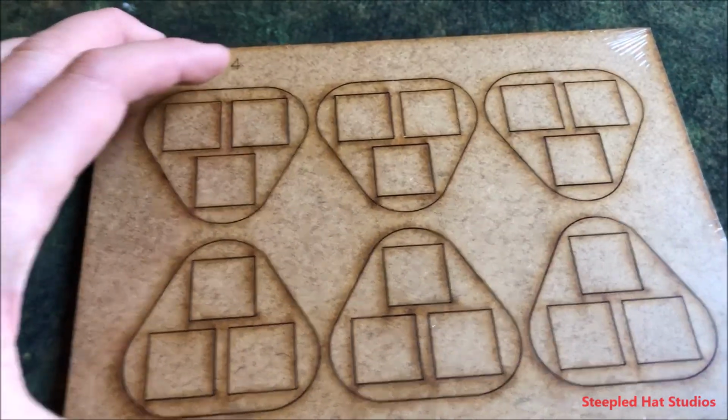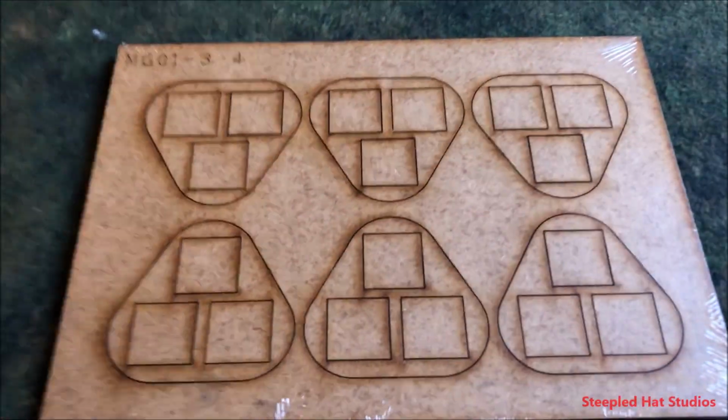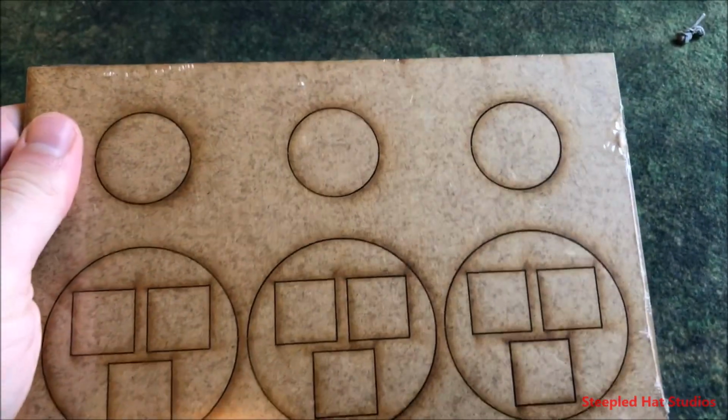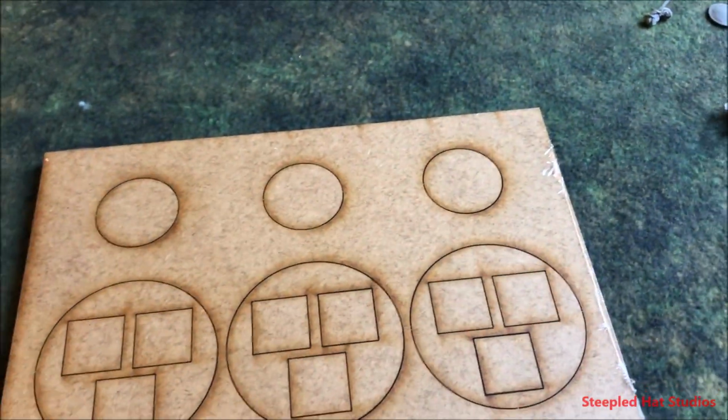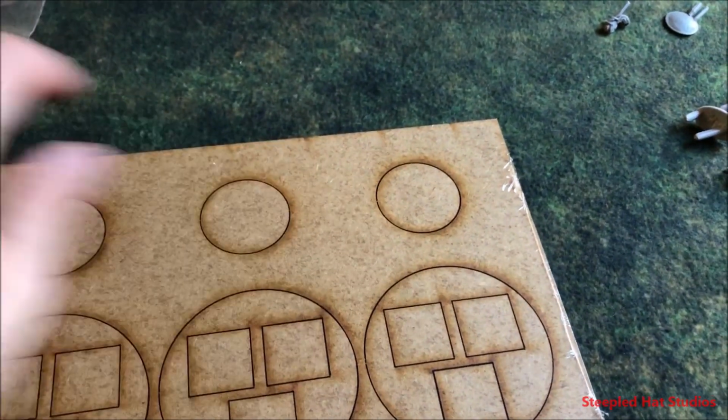So, those are the two models I have, and just to show you that the resin stuff is good, and Footsore Miniatures, these are the first items I got from Footsore Miniatures, and I'm impressed. We'll be buying again. I really think they're awesome. And this is the first thing I've got from Sarissa Precision, okay? The Footsore Miniatures also gave me some MDF circle bases, which basically match these ones, so we won't even look